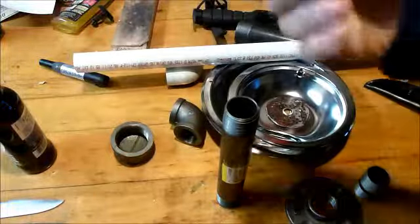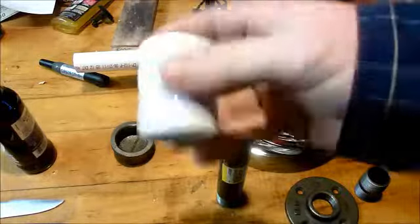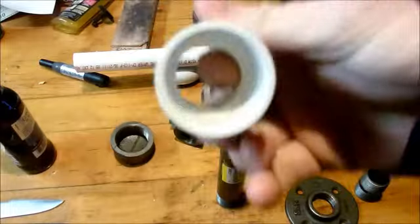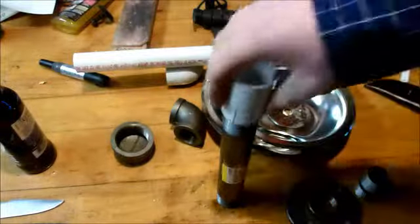And then I got this. Now this is an adapter. And some of you guys might have to get this. I wish I knew what it was actually called. But this adapter, it's 1 inch. It's a straight 1 inch, which will accept your PVC. And then on this side, it's threaded. So you can thread it onto your